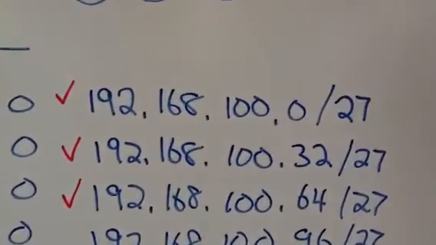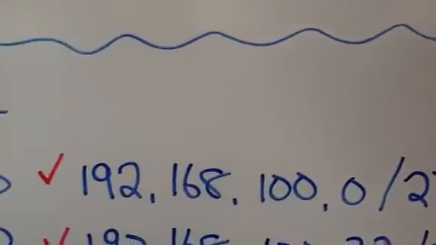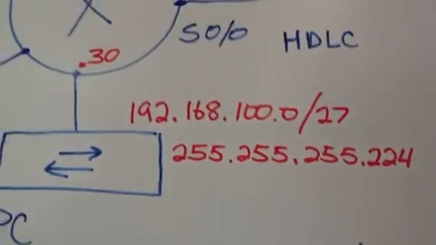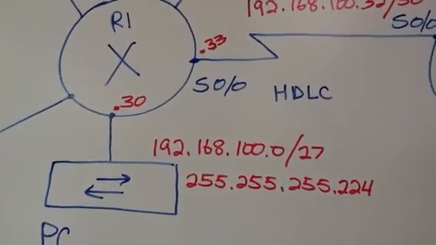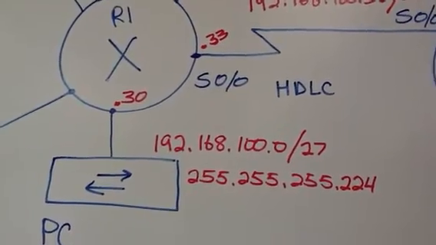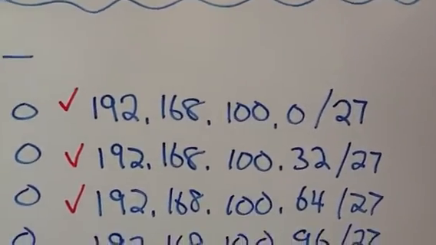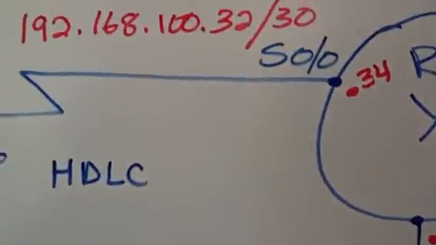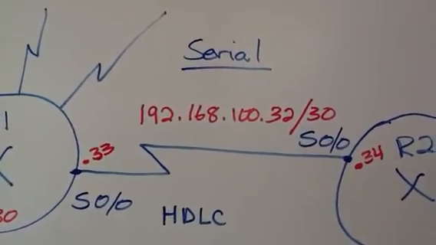Then we took this one, the first one here, and we applied it here. Okay, and we put the last address as the default gateway on the router, and we got the mask. Then we took the second one and we decided to use that to represent our WAN. And we only need 2 addresses for the WAN. So we took that one,